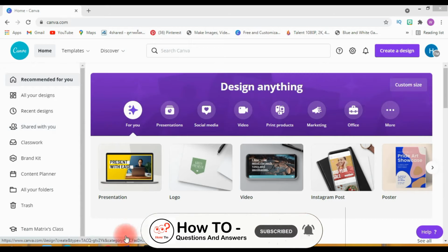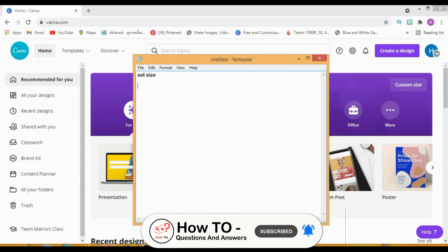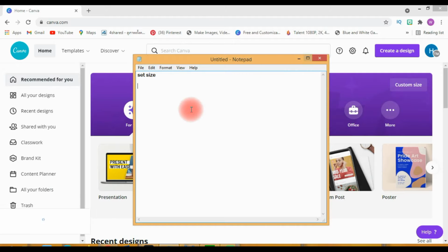The first step for creating the slider is to set the size. For a single image I recommend the size width 1080 by height 1080. But for 5 images, fix the height.